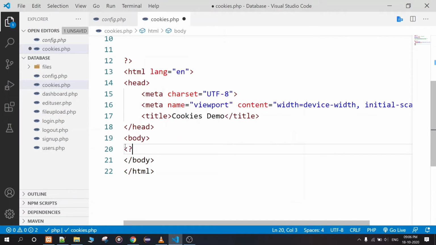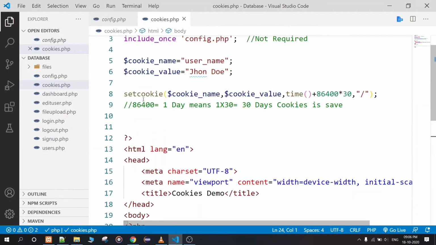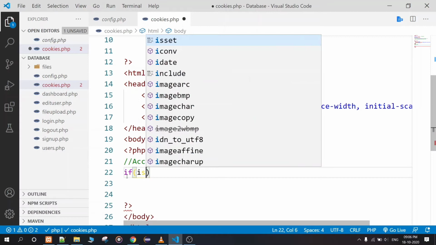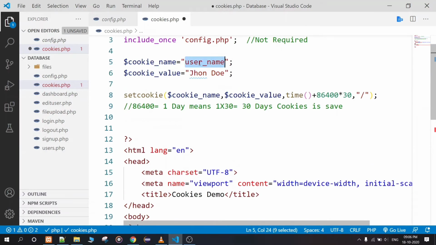After that, we are displaying the cookie. You can access cookies using the PHP global variable named $_COOKIE. This is a PHP global variable, and you have to define the cookie name, username.